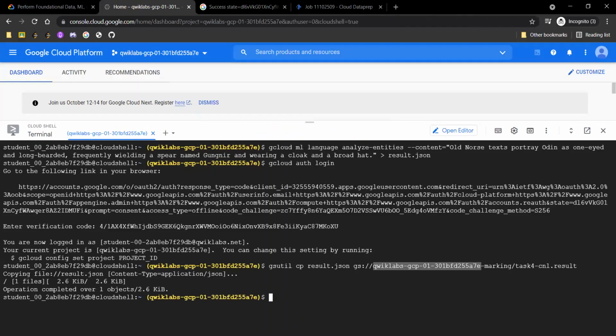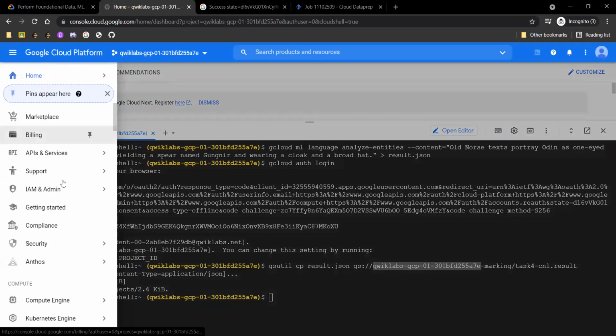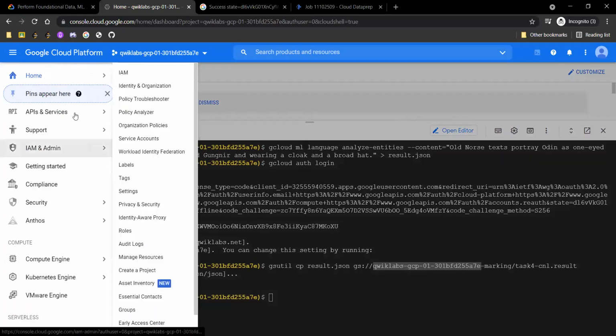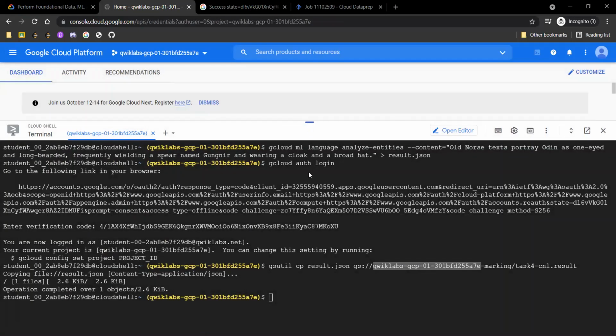So what we need to do next is simply create an API key to use our API. Just click on the navigation menu, go to APIs and Services, go to Credentials.